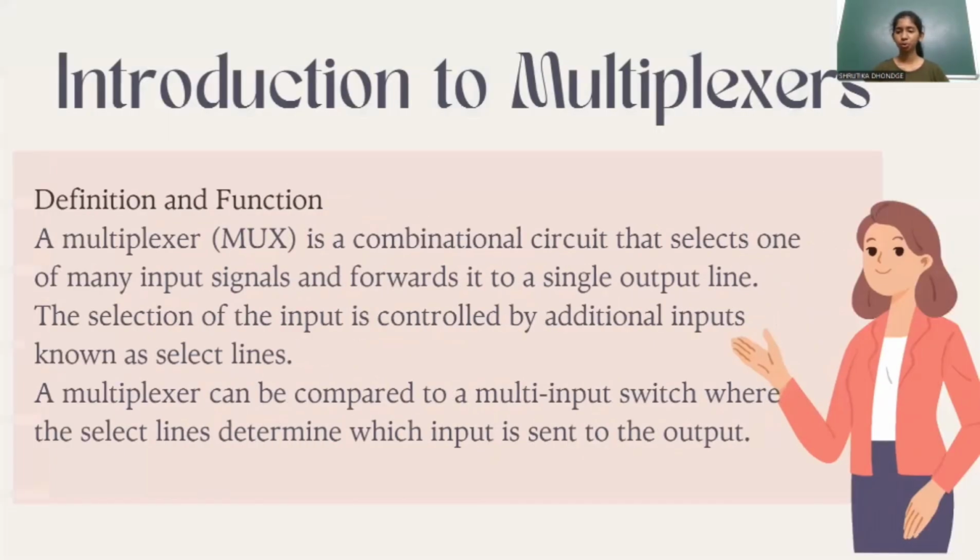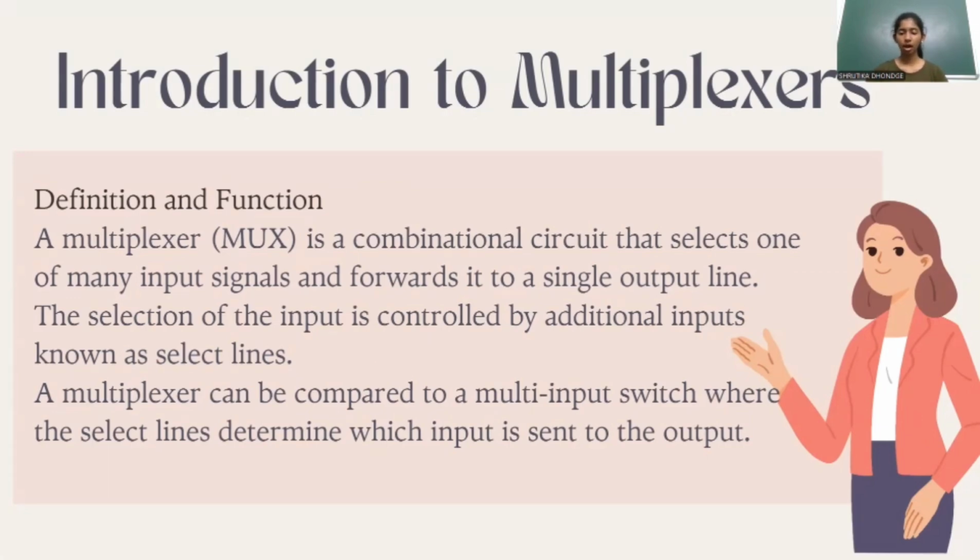First of all, let's move towards the introduction to multiplexer. The definition and function of the multiplexer is as follows. A multiplexer, which is also known as mux, is a conditional circuit that selects one of many input signals and forwards it to the single output line. The selection of the input is controlled by additional inputs known as select lines, which are also called conditional statements. Now, knowing the multiplexer term in a more proper manner, let's jot down the multiplexer with a real life analogy: a multiplexer can be compared to a multi-input switch where the select lines determine which input is sent to